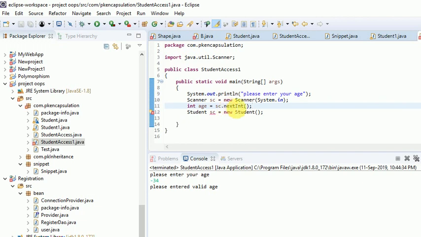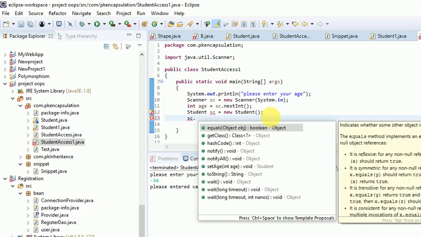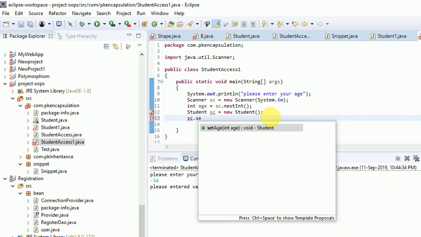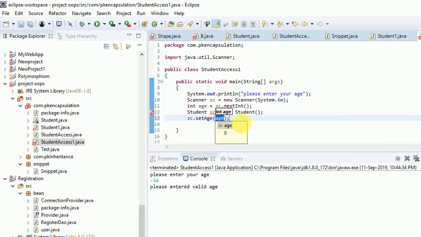After that, I am calling the setAge method, and in brackets I pass that variable to the setAge method.